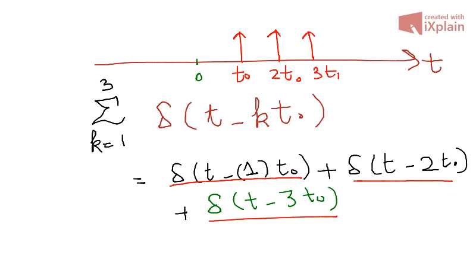So you can represent this as a train of impulses. Now if you change this limit, suppose it is from minus 1 up to 3,